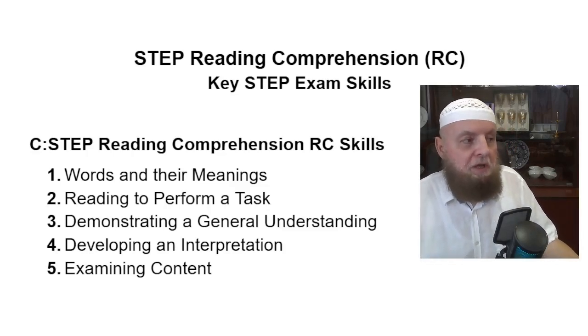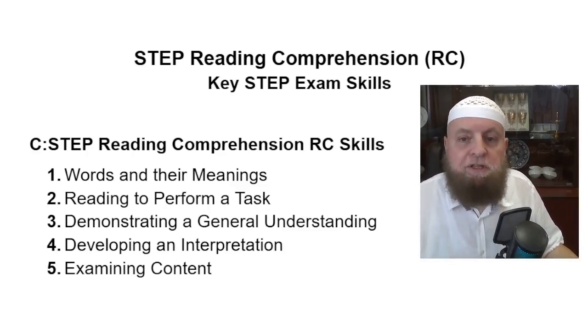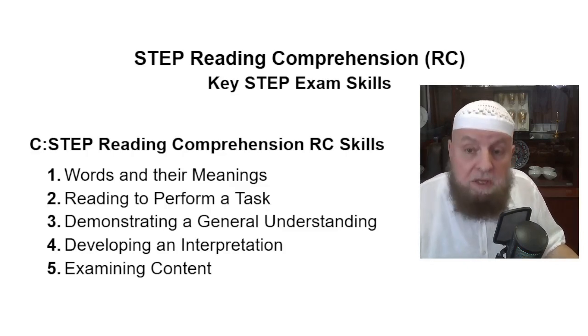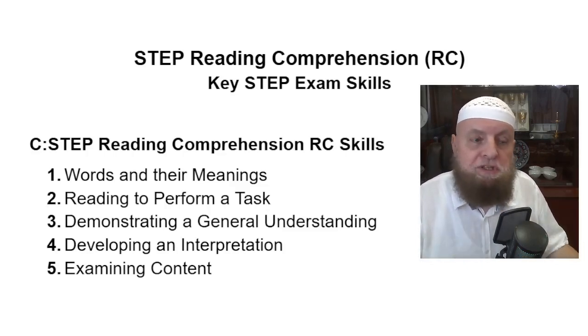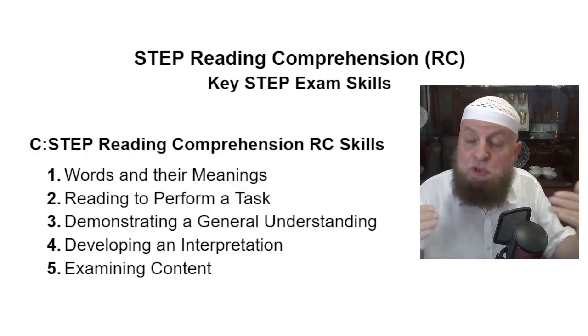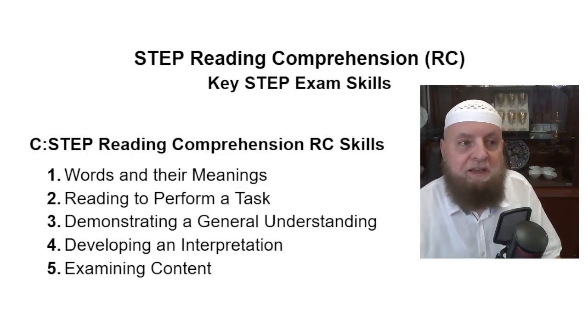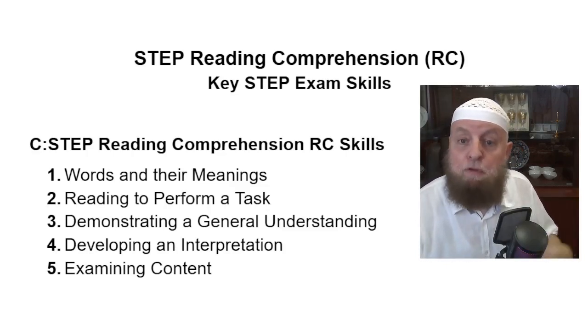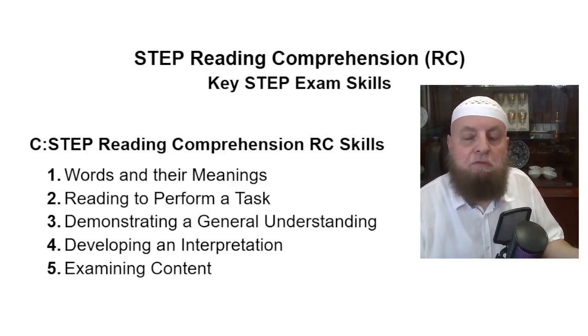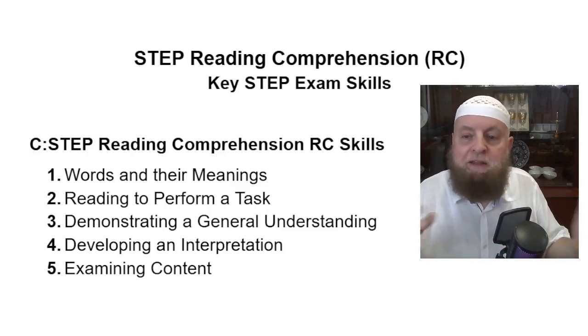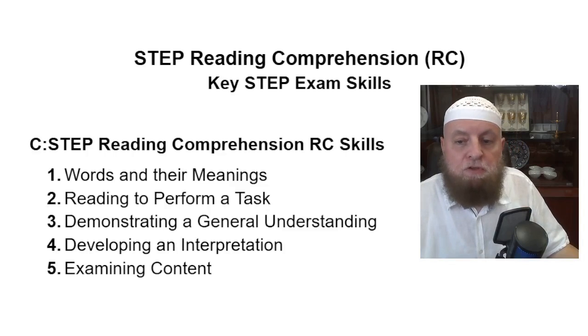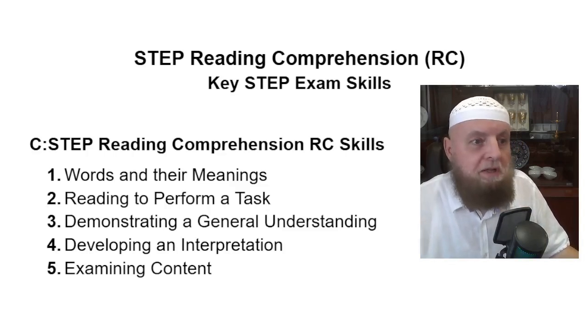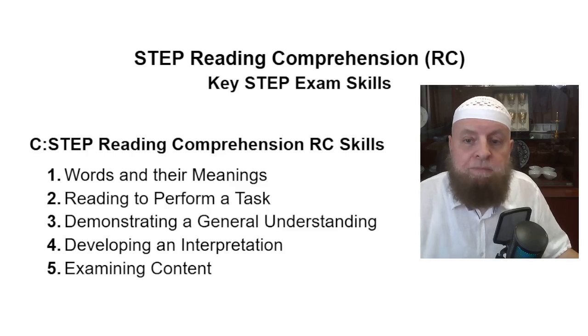Number 4 is developing an interpretation, that is what the writer means, what he says, or what she says, which is you can understand between the lines. And number 5 is an in-depth understanding of the logic, examining content, the logic and arguments and the facts or opinions, and the general structure and the way that texts flow. So those are the 5 skills we'll be practicing, that I will be testing and practicing on my courses at